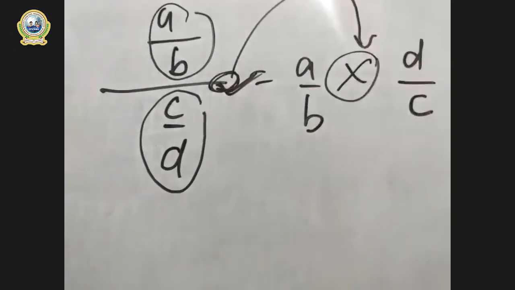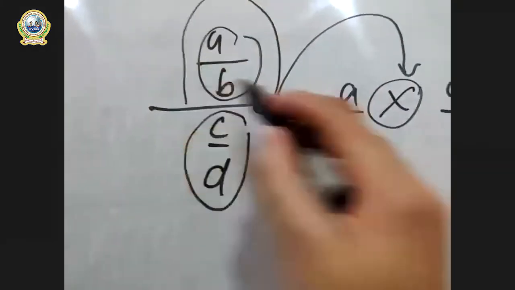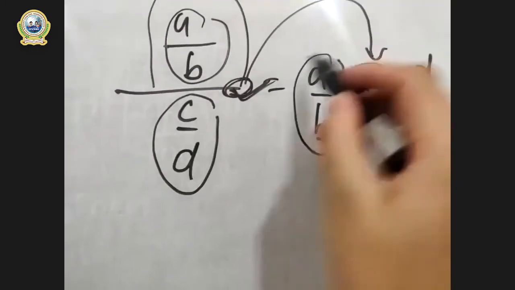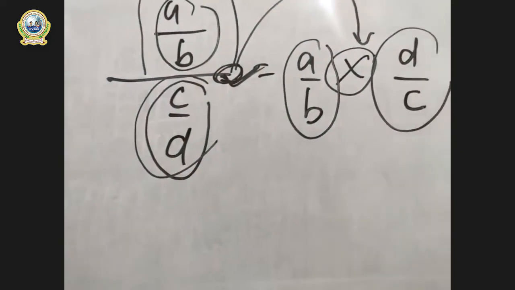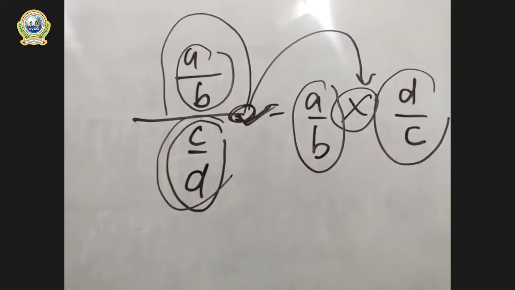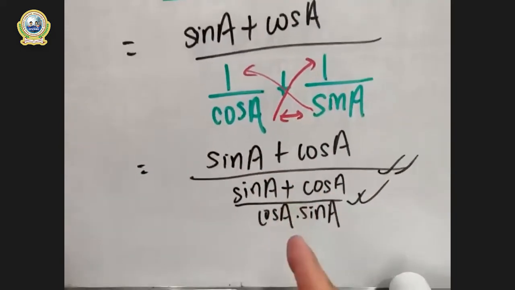The lengthiest divide sign is converted into multiply. This sign has been changed into multiply, and the numerator part above this is written as it is, and the denominator part must be reciprocal. This is how we deal with the reciprocaling method. Is it clear? So for this one, we do like this.